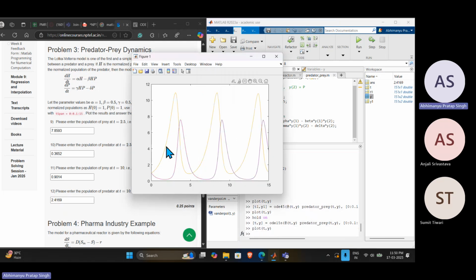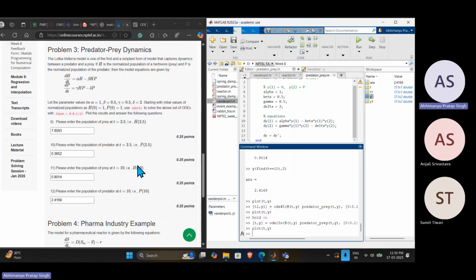It's not that fast of dynamics. Both the time series are more or less on the same time scales. So that is why both ode15s and ode45 are taking the same number of steps. Fine. So the next one,